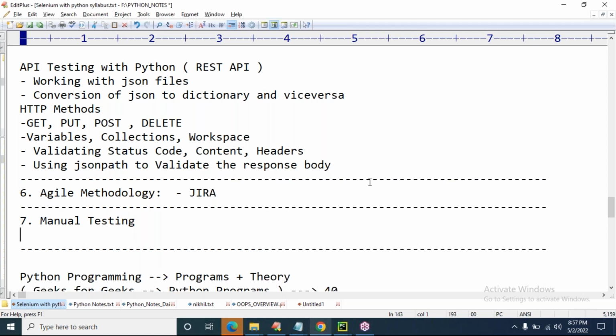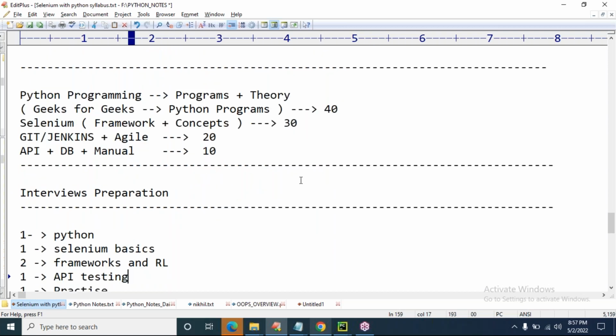Clear, right? So what are we seeing here? We are going to see Python basics. We are going to see Selenium framework, Selenium concepts, all the frameworks, end-to-end project structure. Then we are going to see API manual testing, API automation testing, agile methodology, Git and Jenkins, manual testing. On top of it, I will give you interview preparation related resume,